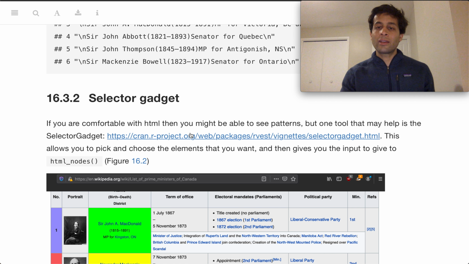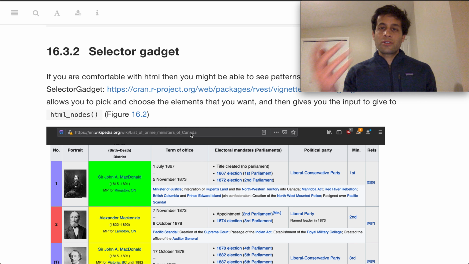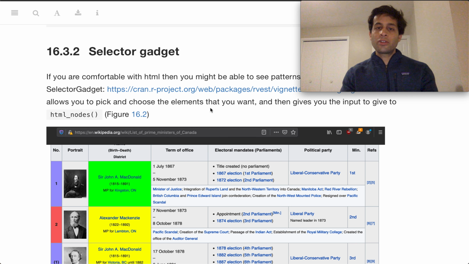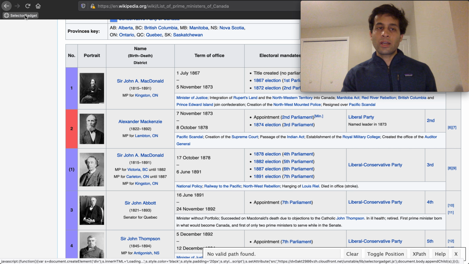I've included the link here. But this allows you to pick and choose the elements that you want. And so the vignette shows you how to set this up on your computer, but returning to Firefox here, once you've got it set up, you just can click the selector gadget,